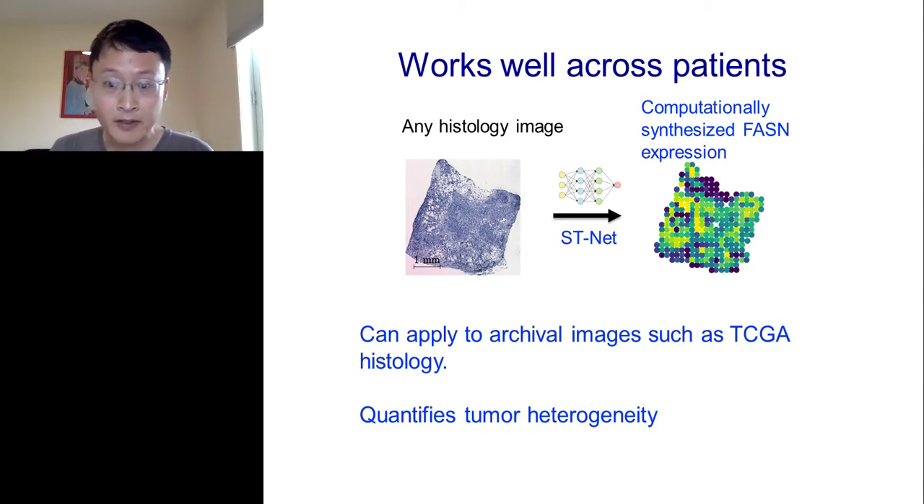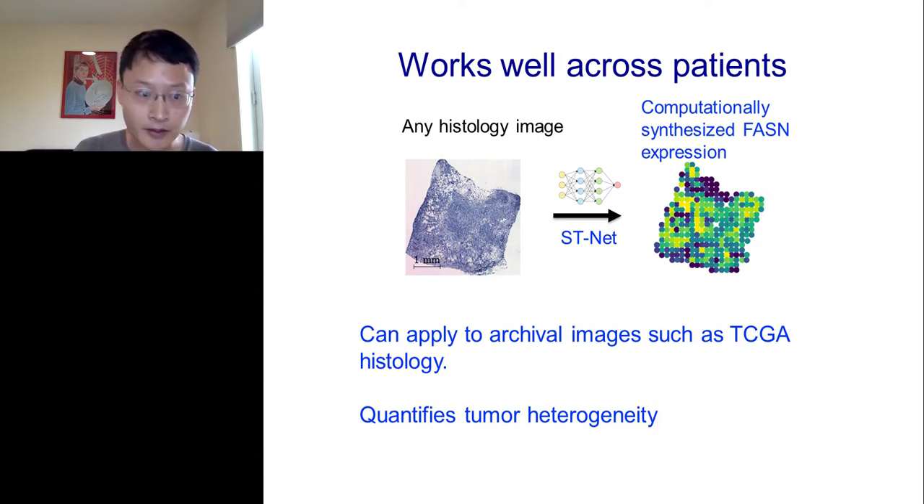And we have actually tried this. We applied our algorithm, trained on our breast cancer data, to images from archives, from TCGA, and we also show that it works quite well there. We can also use the output of this algorithm to quantify a variety of things, including tumor heterogeneity, as well as the extent to which immune cells are infiltrating into different tumor regions, which can be captured from the